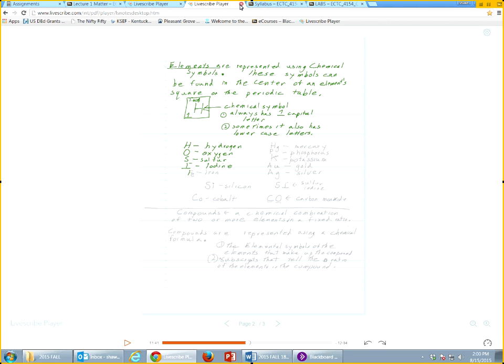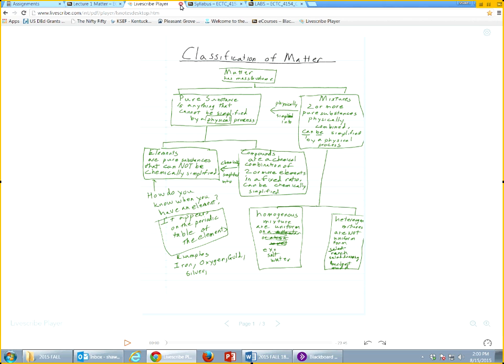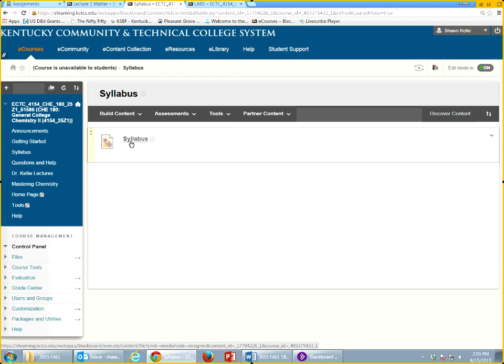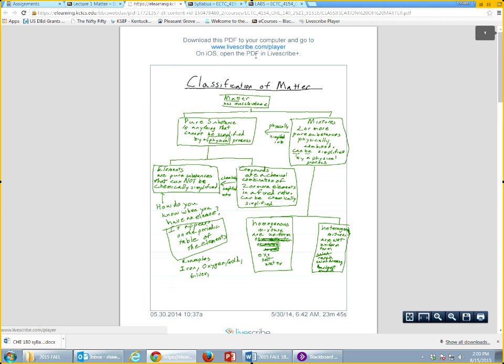If you have a Mac, I'm jealous, you have more money than I do. But if you have a Mac, where are we here? That's not what I wanted to do. If you have a Mac, this is how you handle Livescribes. On iOS, open the PDF in the Livescribe Plus app. So you're going to save this to your desktop or save this to a folder just like the people who have a PC do. But instead of using this link here, www.livescribe.com/player to open the Livescribe, instead of doing that,